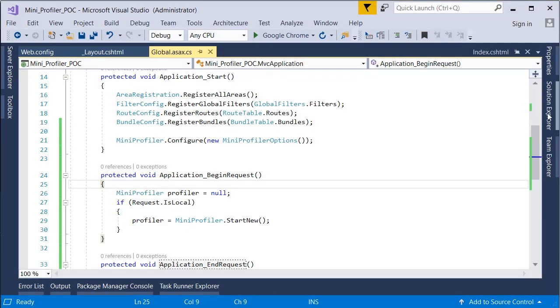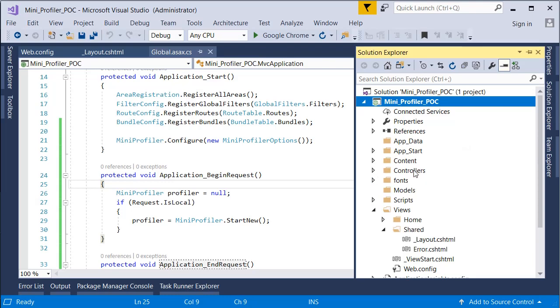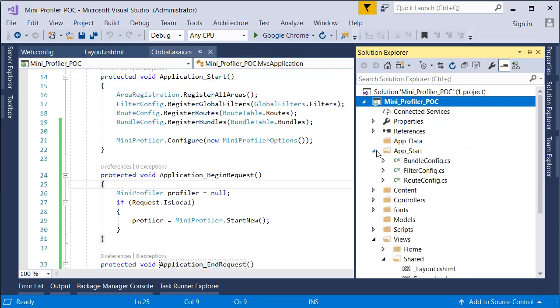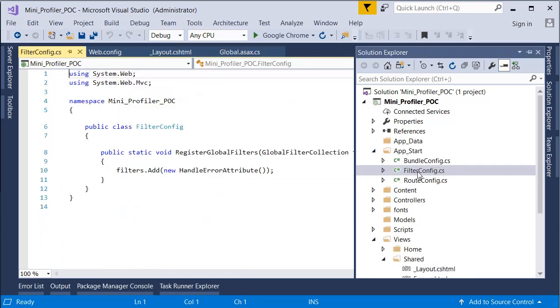To implement it on the controller side, you need to go to the FilterConfig file.